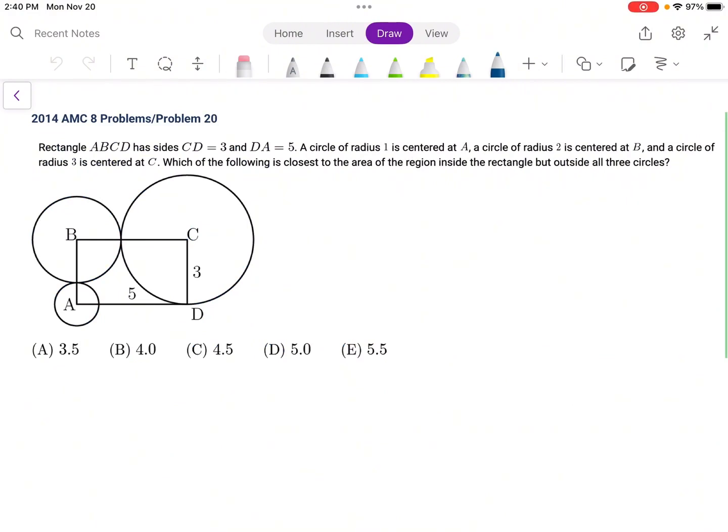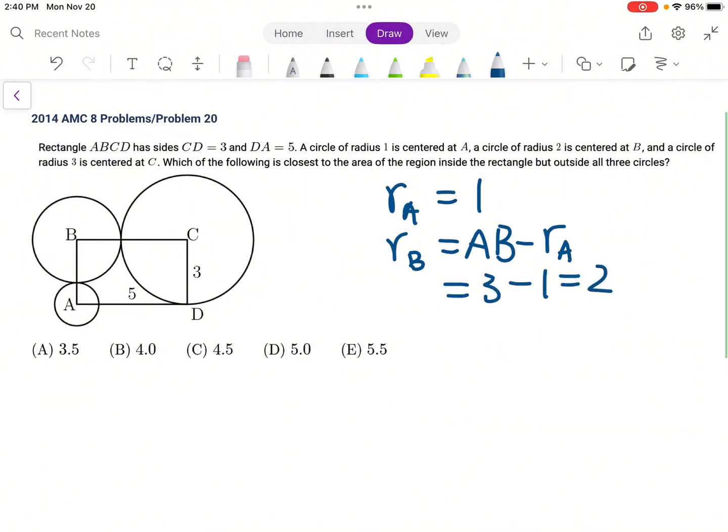Problem 20. Let's calculate the radius of the 3 circles. RA, we know that it's 1, and RB equals AB minus RA, that's 3 minus 1 equals 2, and RC equals CD equals 3. So the area within the rectangle and outside the circles will be the area